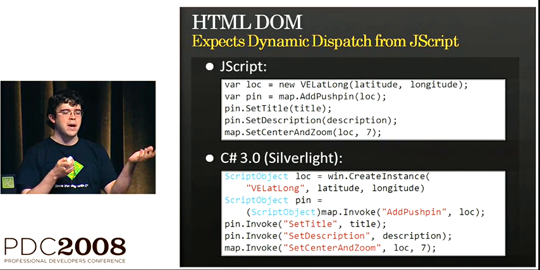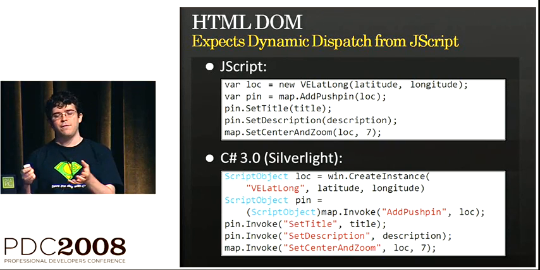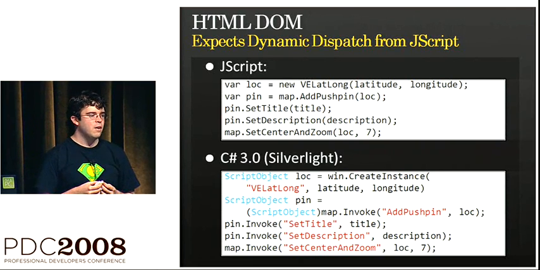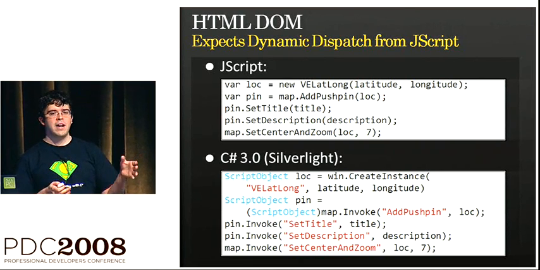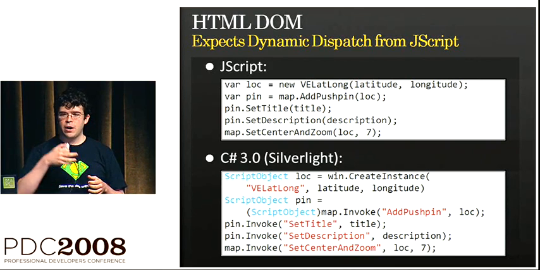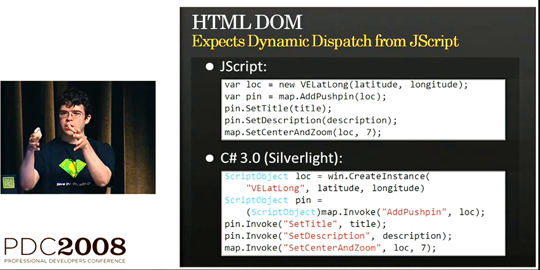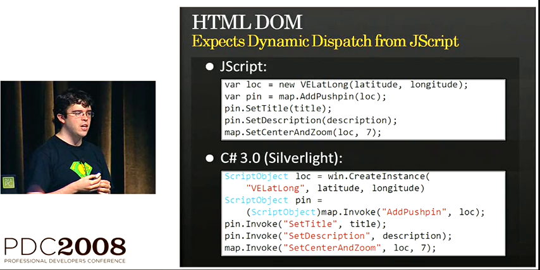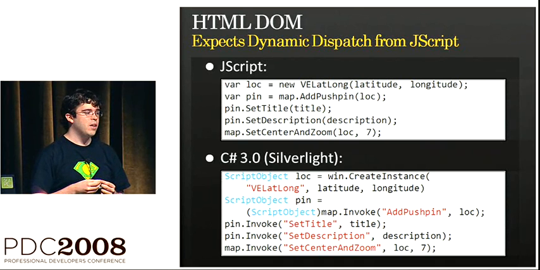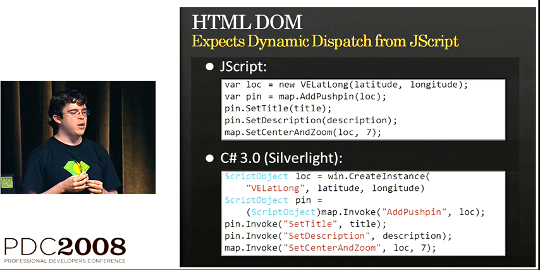And this looks pretty much like what you might expect from something like C# if you had a fully static environment, a fully static object model to deal with. But the code you have to write, if you actually are in C# 3.0 and you want to interface directly without calling a JavaScript function, if you actually want to just interface to these objects that are in the browser page, you have to jump through a lot of hoops, and it really starts to not feel like C# anymore. To make that new VE lat long object, you have to call create instance on some sort of